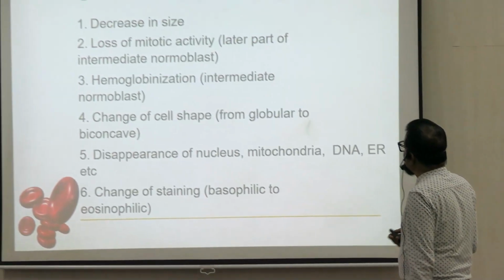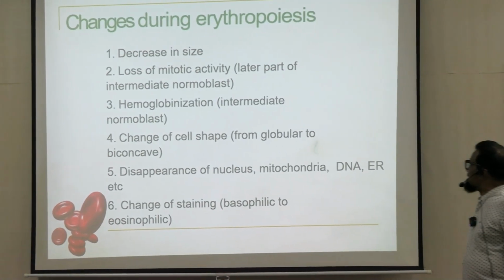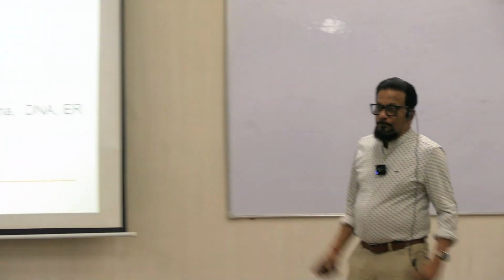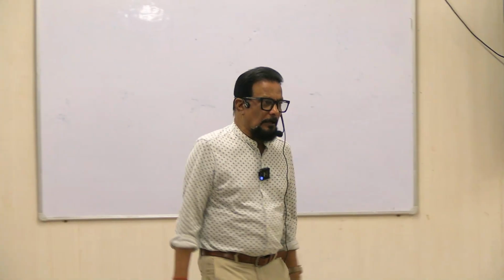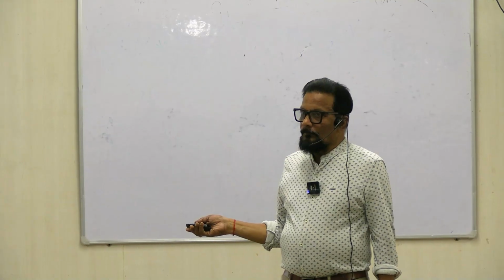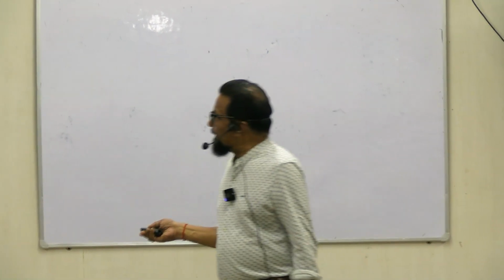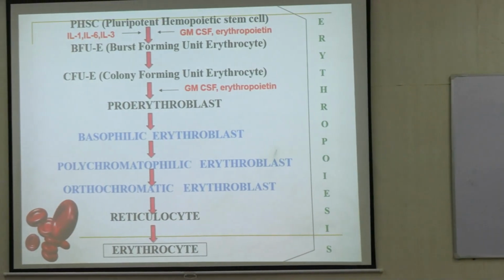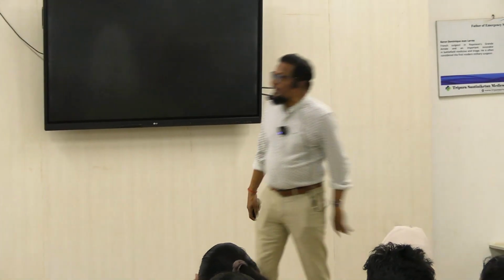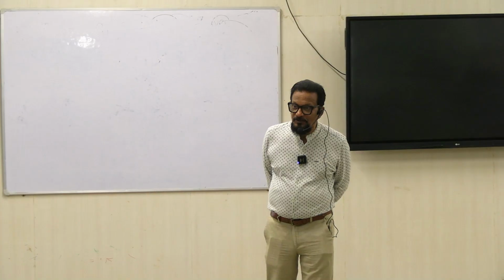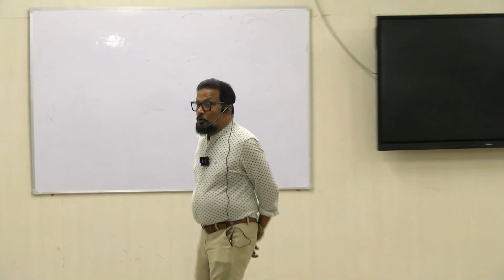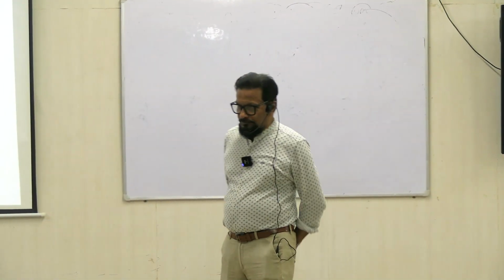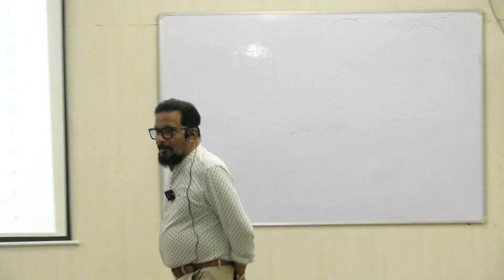Now, as I said, these are the changes during erythropoiesis. Take this photo and try to remember all these points. Taken? Okay, fine. Now the stages, and what external factors are involved? The external factors involved are some hormones. Two important hormones are involved, and these are